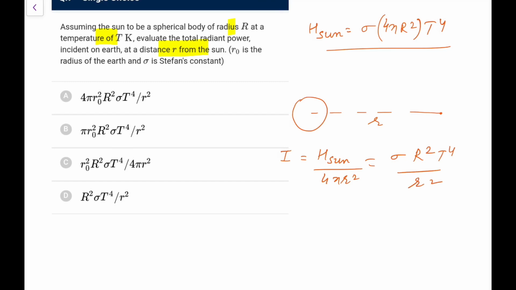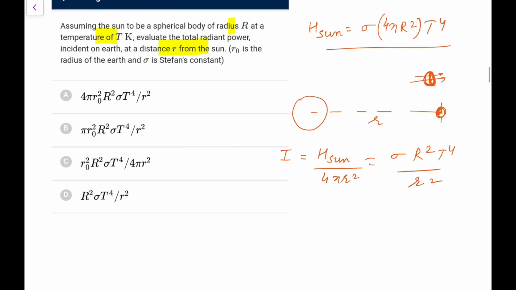Now what is the power incident on the earth? If I take earth to be very small, the maximum area that could be facing it would be this half one, but it's also curved. So the projection of it would be this circle, that is the maximum area effectively normal to that, and that area would be pi into radius of earth square.